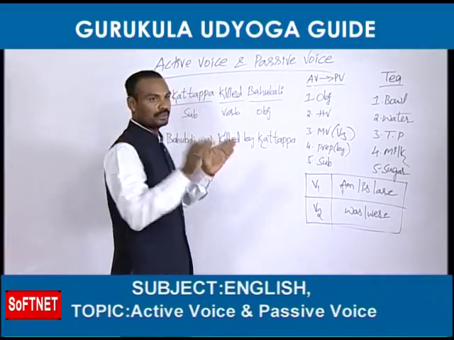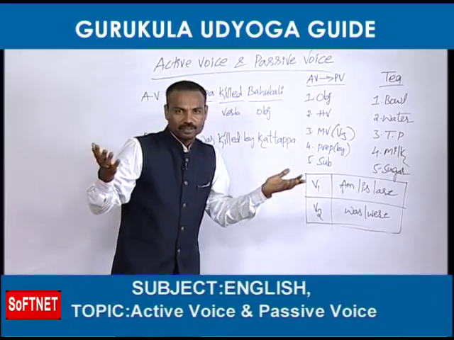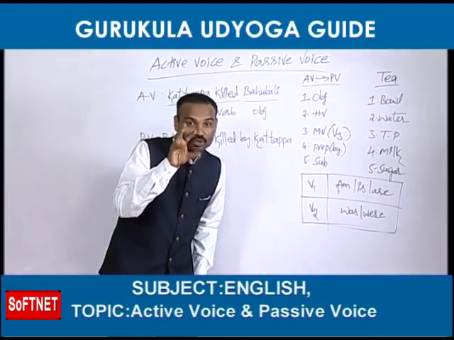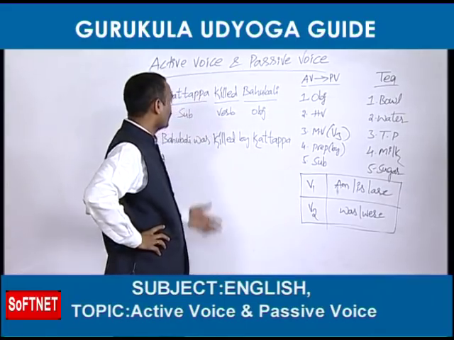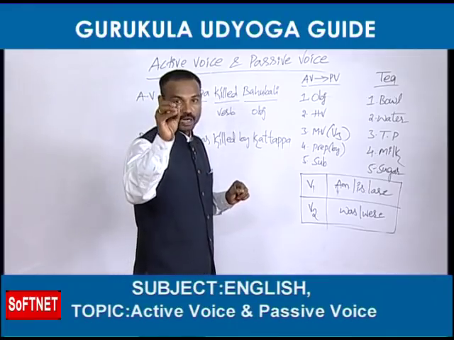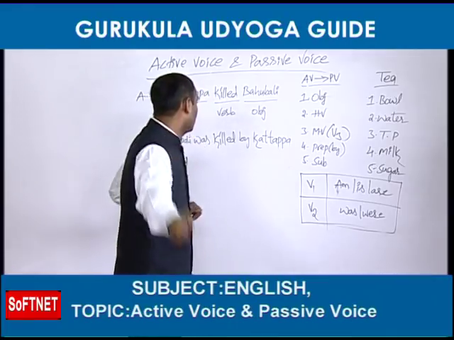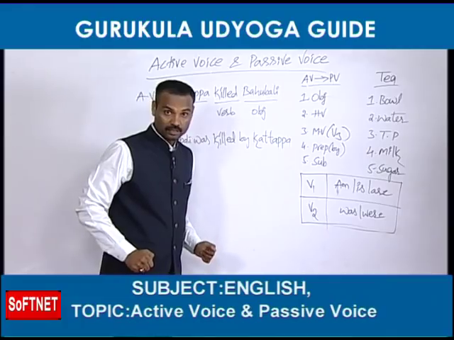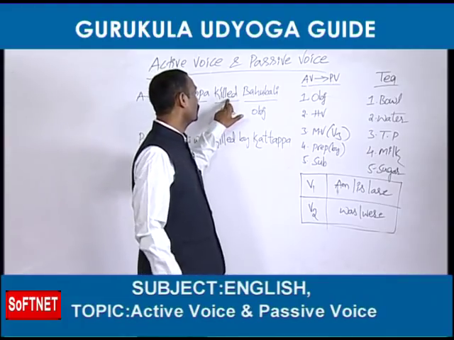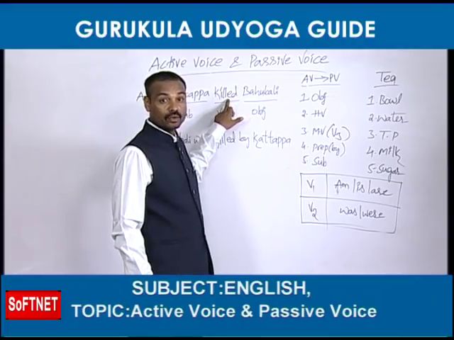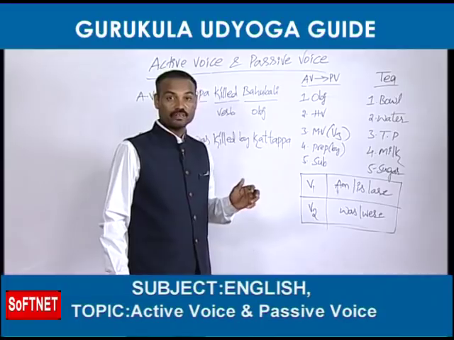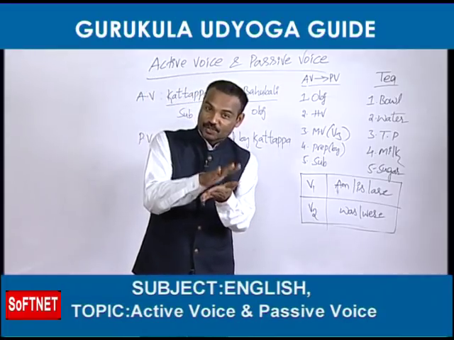Kattappa is not a verb and Bahubali is also not a verb. See, killed, it is a verb. So you came to know which is called verb and where is the verb. So killed is the verb. Friends, if you want to know which is called object, you should ask a question. Whom? Whom did he kill? Whenever you want to know where is the object in the given active voice, you should meet the verb